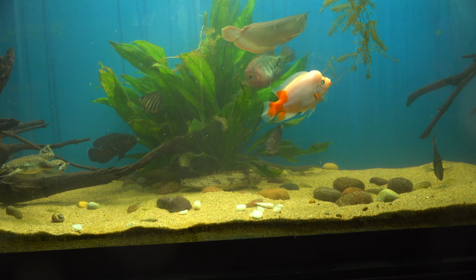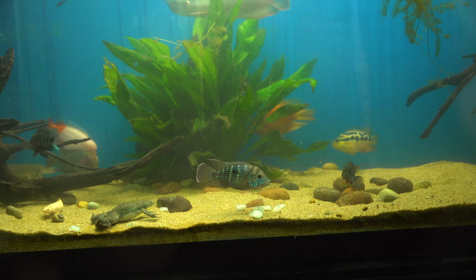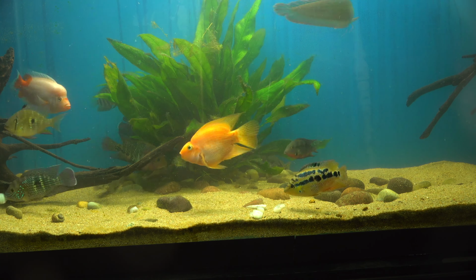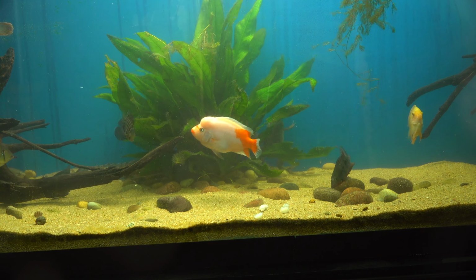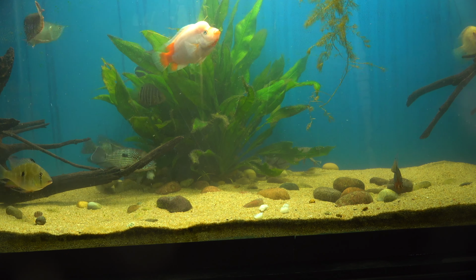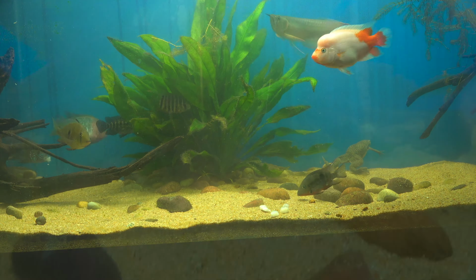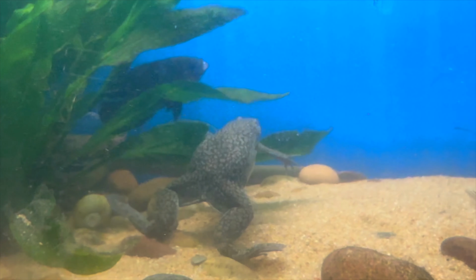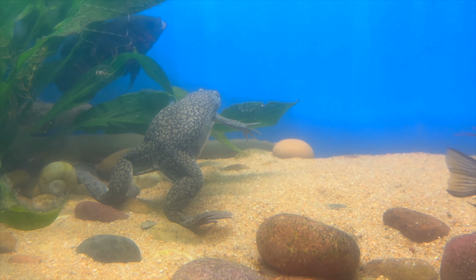You do need a decent sized tank. I would say at least a 20-gallon for one frog by himself. But if you're keeping them with anything else, you're going to need a lot bigger tank. But they are not particular at all about water quality, and I don't think they are highly susceptible to common aquarium illnesses that might befall your fish. I can't remember once where I had lost one of these frogs to illness or unexplained death like you sometimes have with fish. So I would actually call it kind of a beginner's level fish,